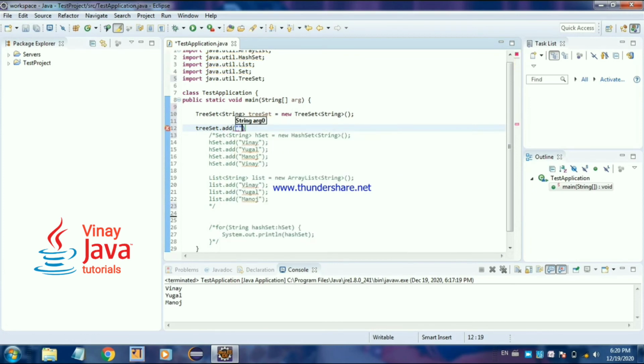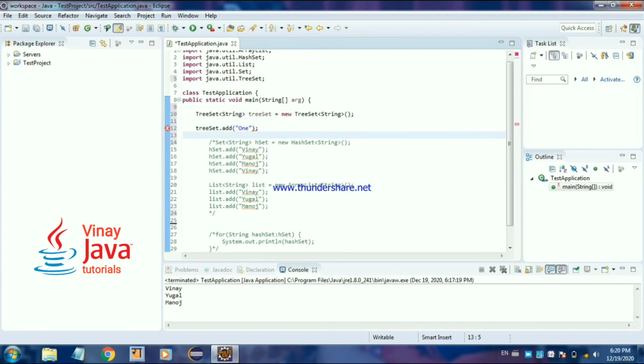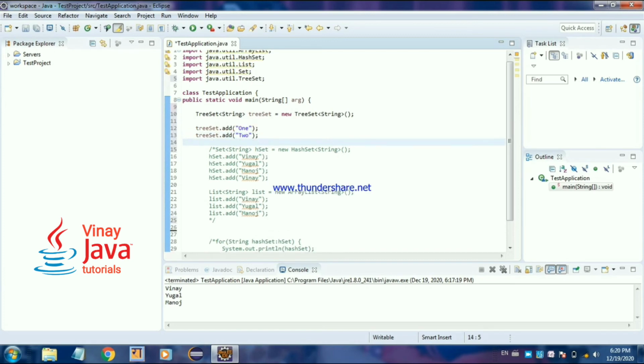Let's put here the string objects as ONE, TWO, THREE. Okay.